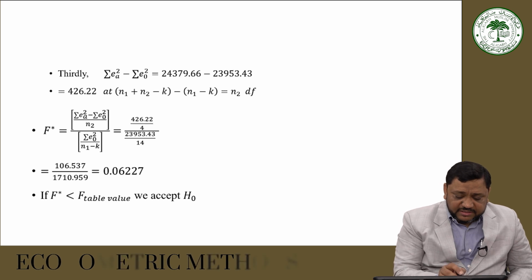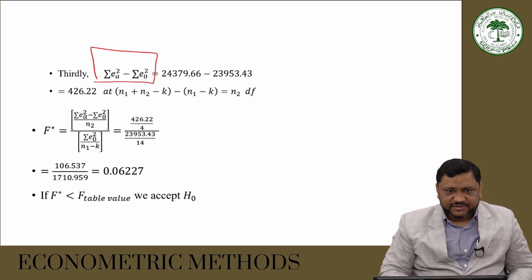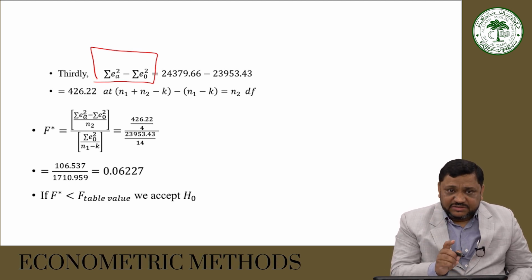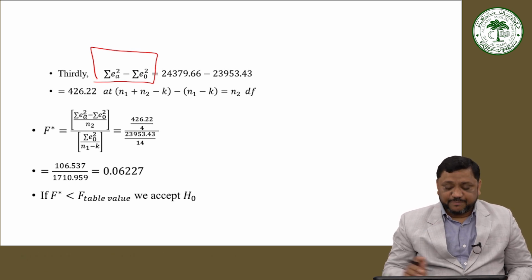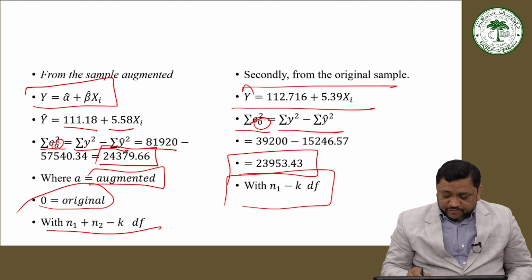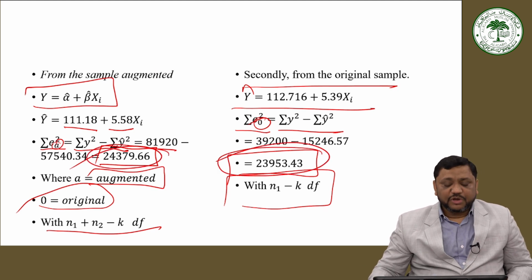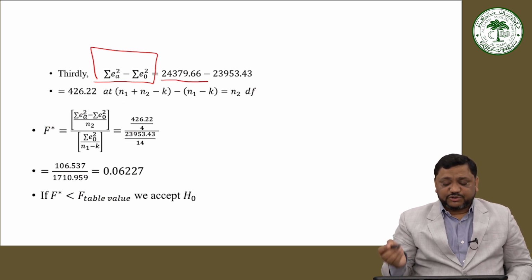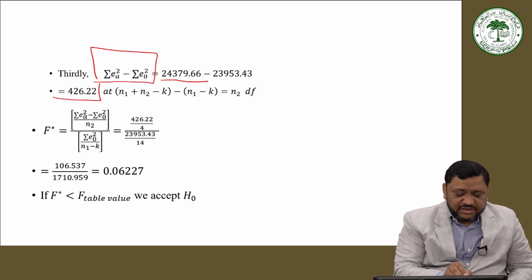Now, the third thing which we calculate is the difference between the sum of the squared errors of the augmented sample and the sum of the squared errors of the original sample. So we have this one and this one. So what we write: 24379.66 minus 23953.43. This is equal to